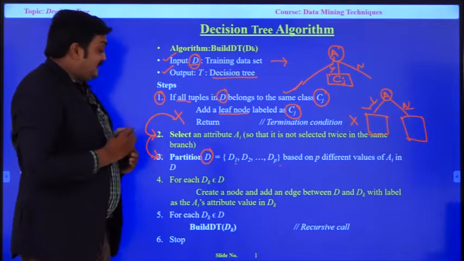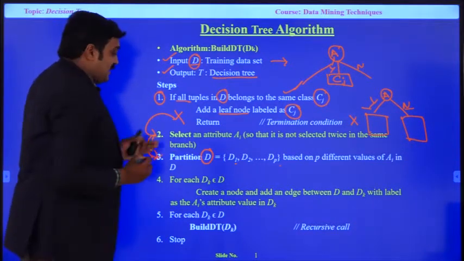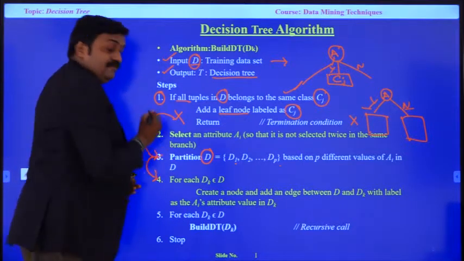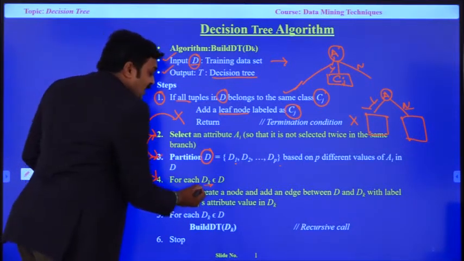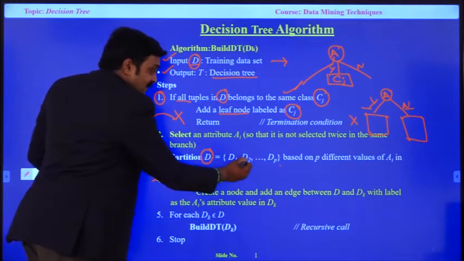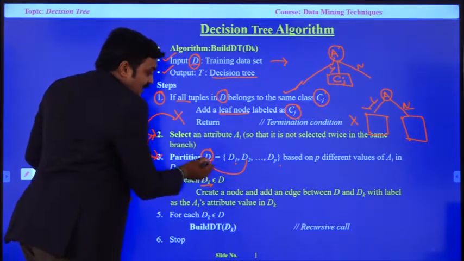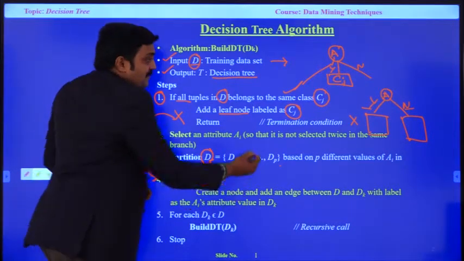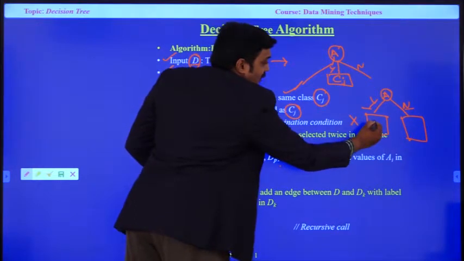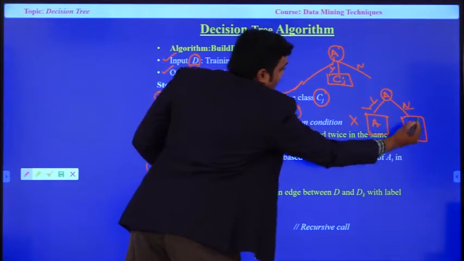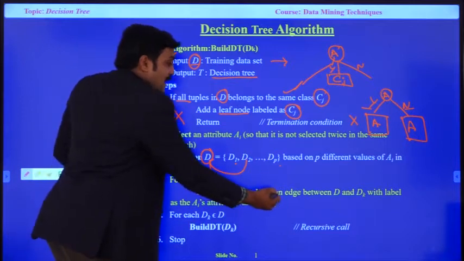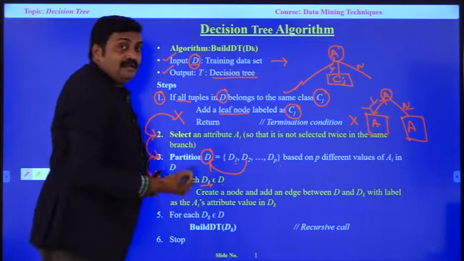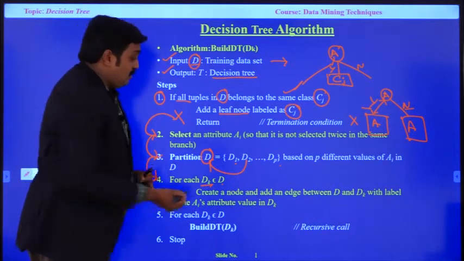Then this process repeats for each Dk, that is, each sample partition of the total data set D. We create a node with another attribute, and we give a connection between this root node and another, internal node, with an edge.